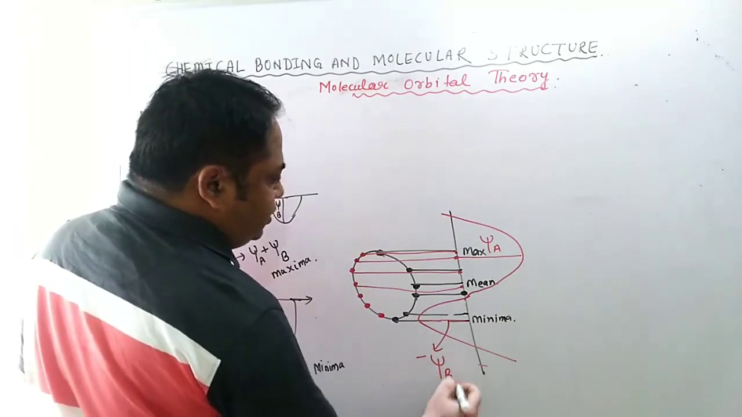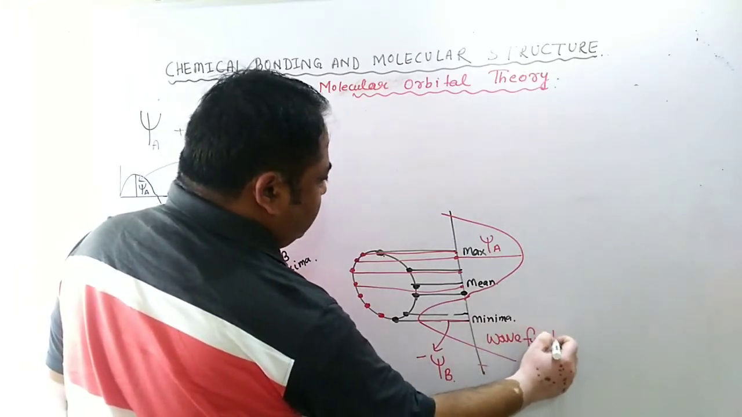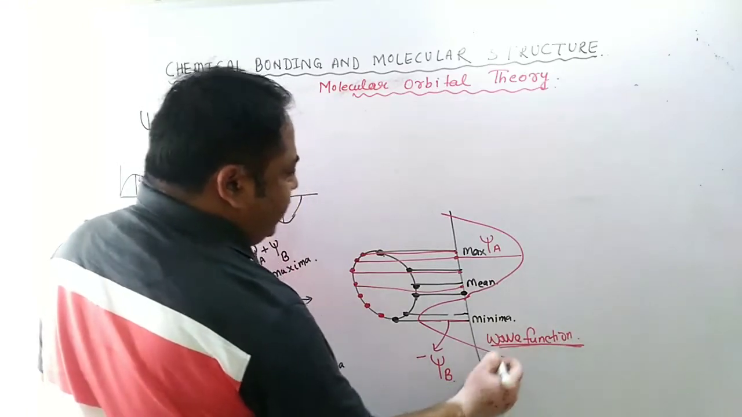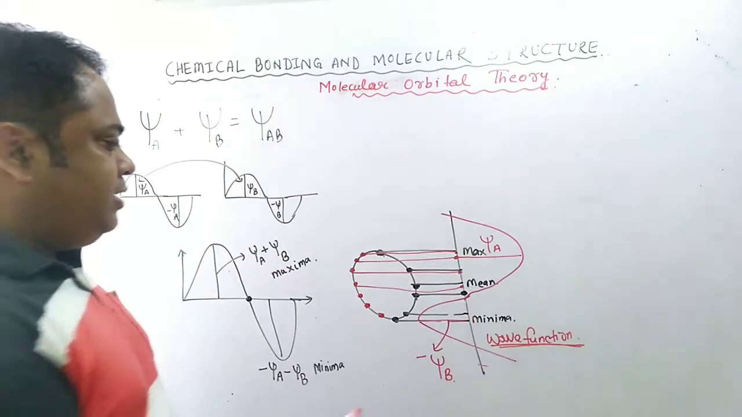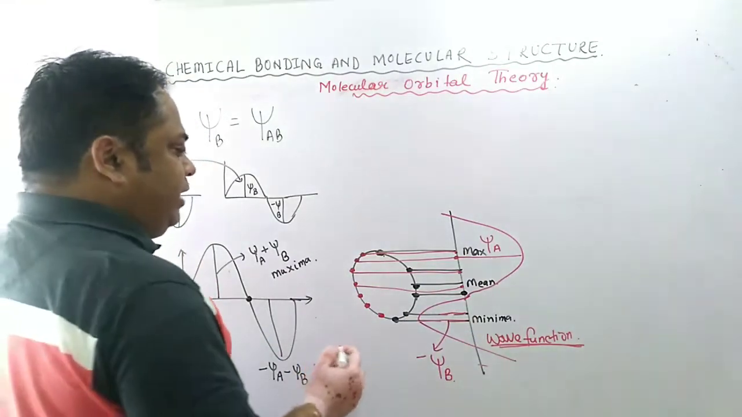This is called the wave function. Psi is also called the wave function. So it is said that when constructive interference of these waves takes place for two orbitals, if two atoms are combining,